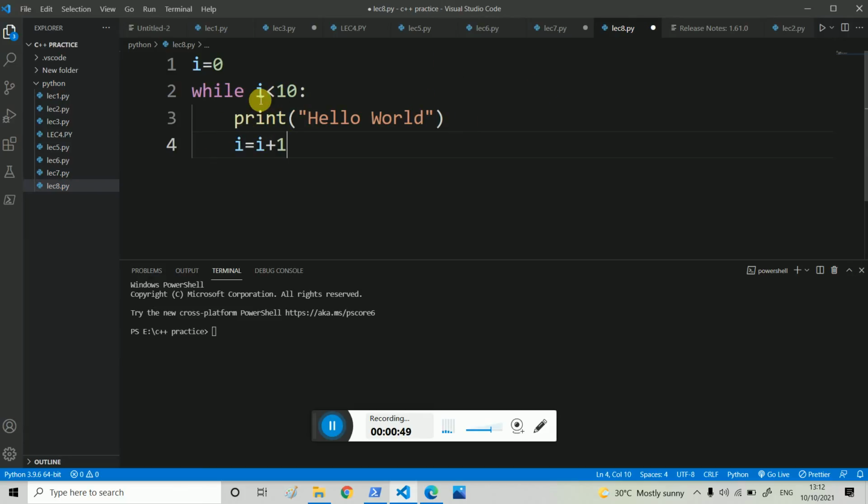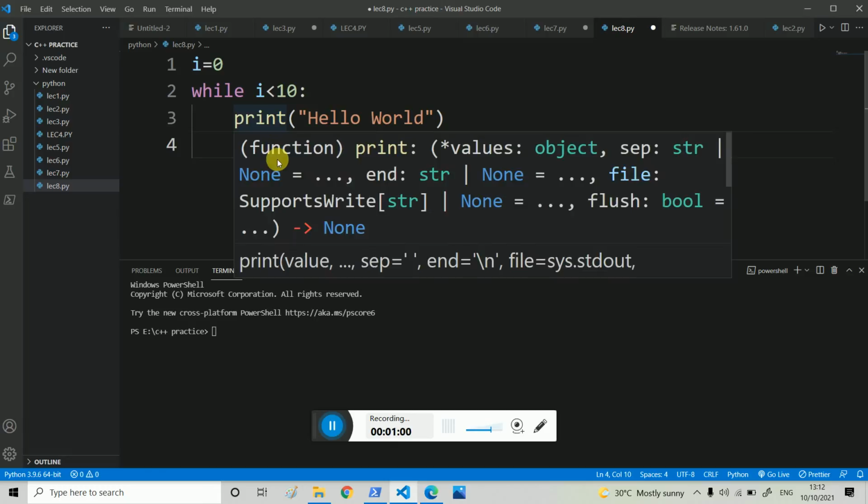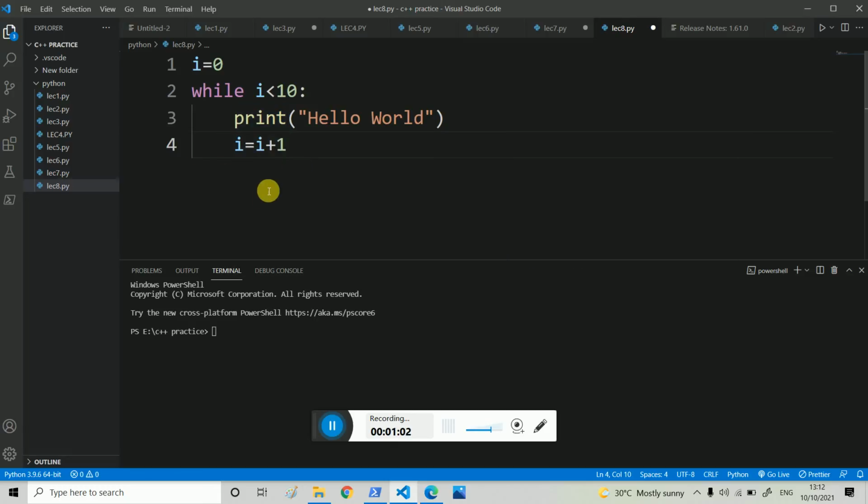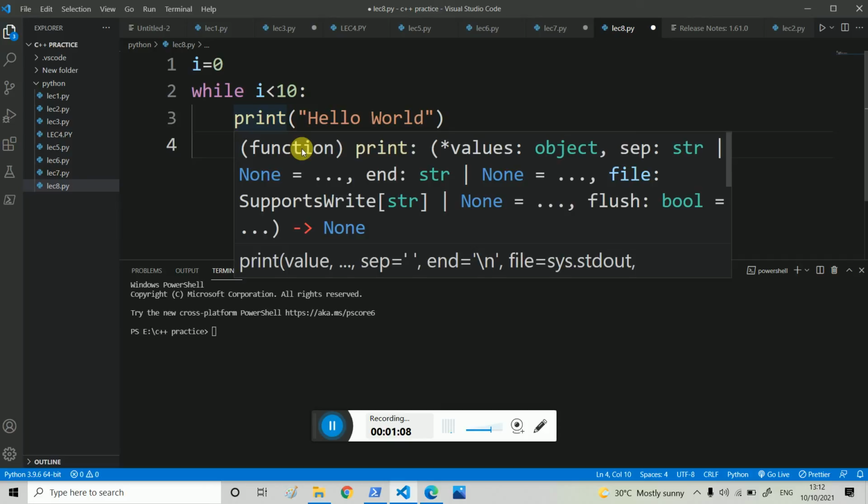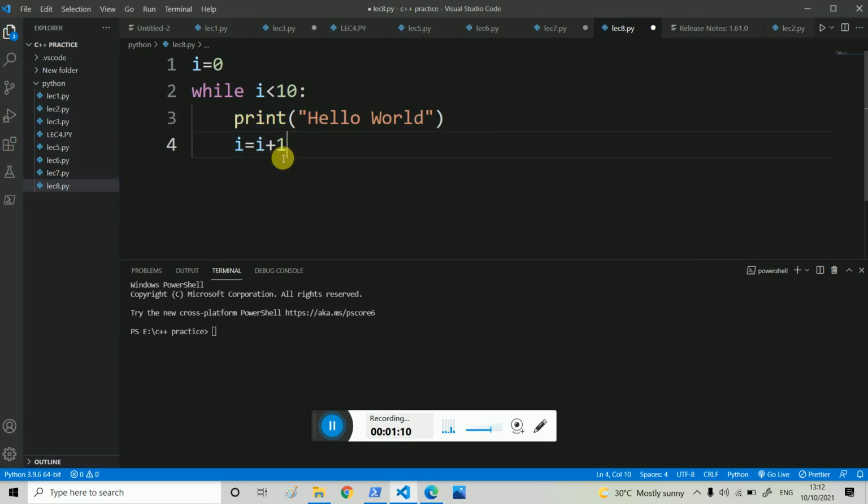Here firstly we will check I is less than 10, so this will print, and the value is increased by 1, that is I is equal to now 1, so it will again go, I is less than 10, so this will print, and the I value changes, that is 2, and this will again go. It will run up till 9, and when the I value becomes 10, this will become false. So now it will exit the loop, so let's run it.